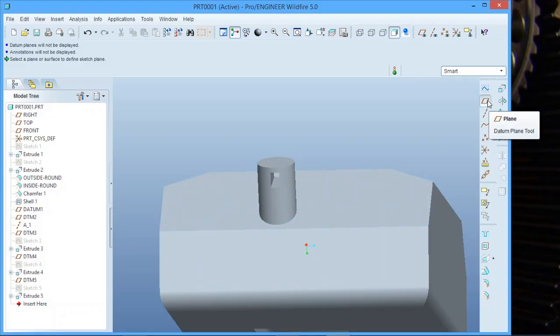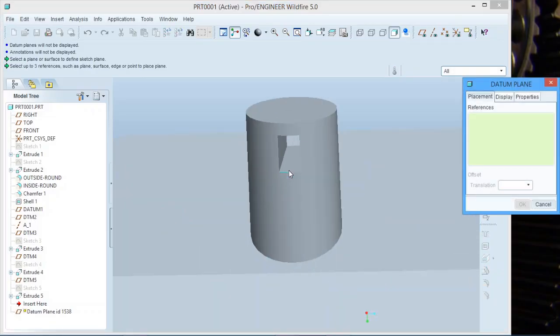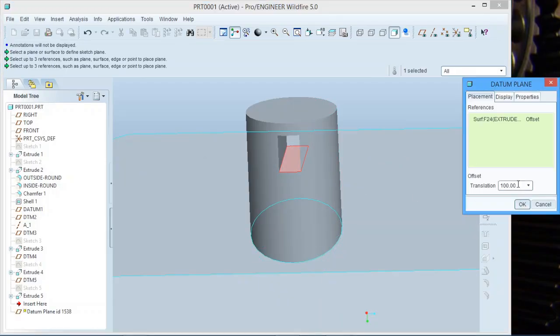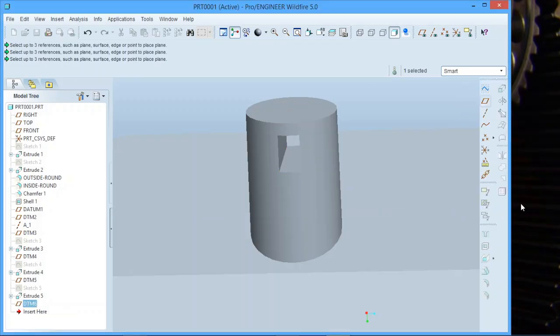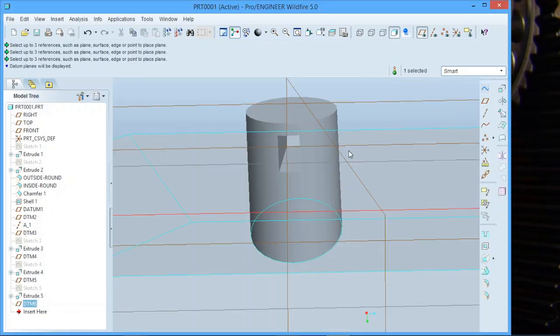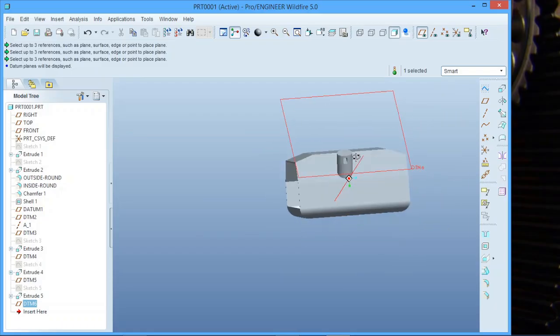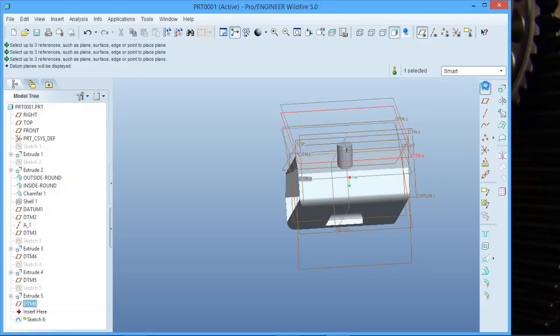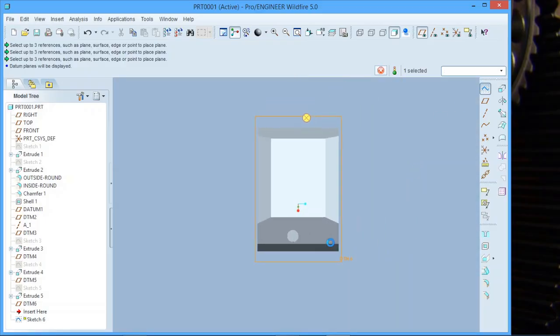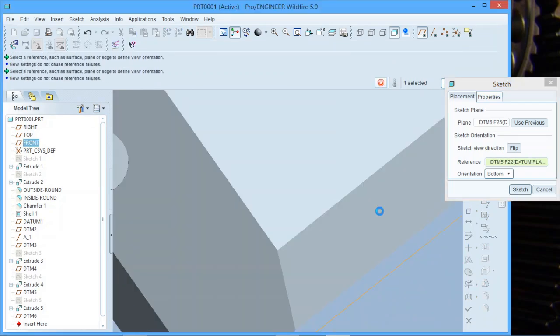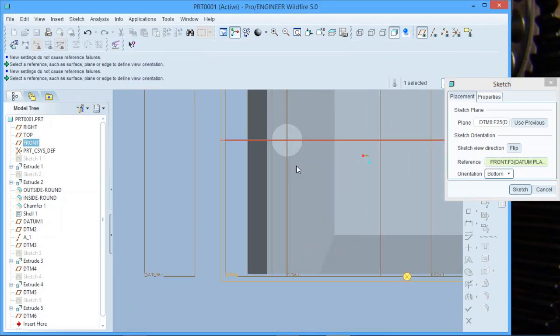So we go plane, select the top there, say 0 and say okay, and put our planes back on. Now you'll see there's a plane exactly on that level. So if I want to make another part next to it that is at the same height as that one, for instance,